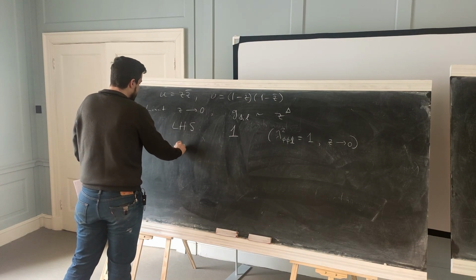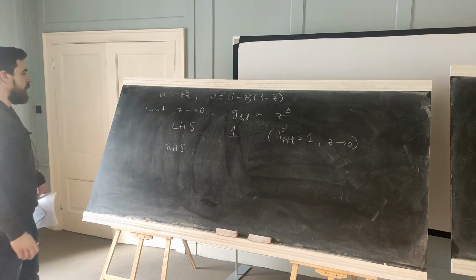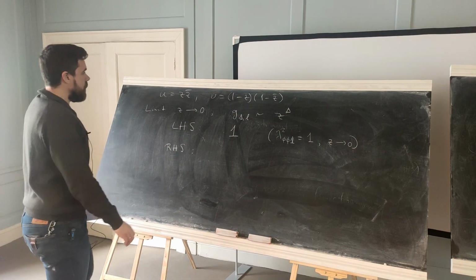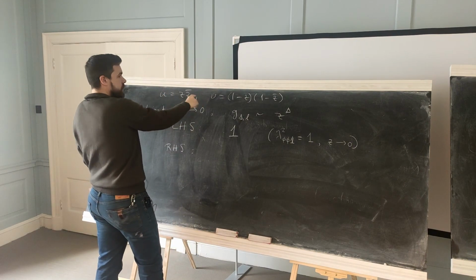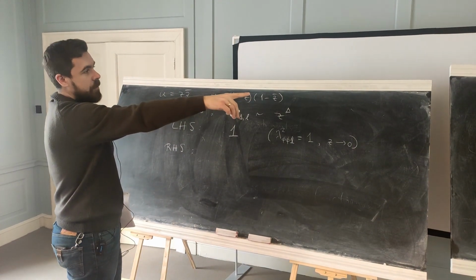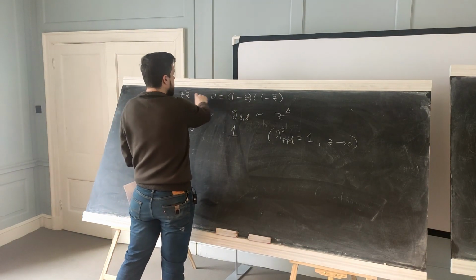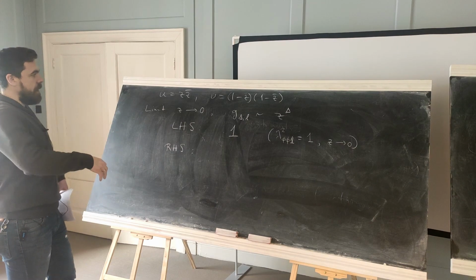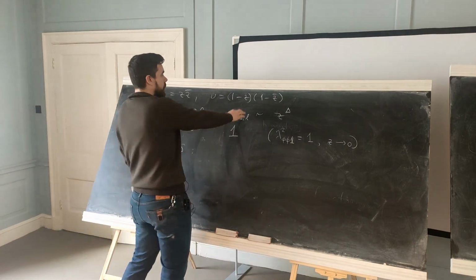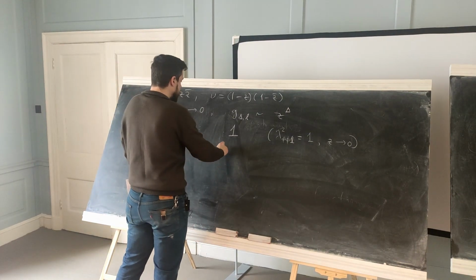From the right-hand side, the U channel, I'm not going to prove it here, but remember, to go to the right-hand side, you exchange u with v, meaning that you exchange z with 1 minus z and z bar with 1 minus z bar. So you make this change in the blocks and you re-expand them around z equals 0. And you find out that each term,